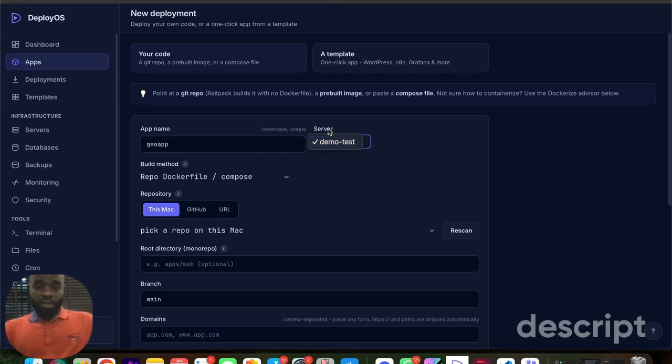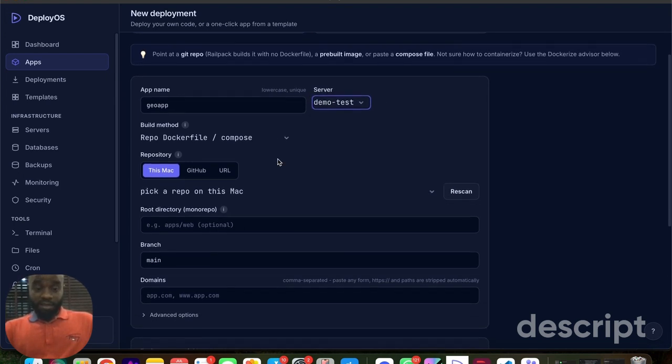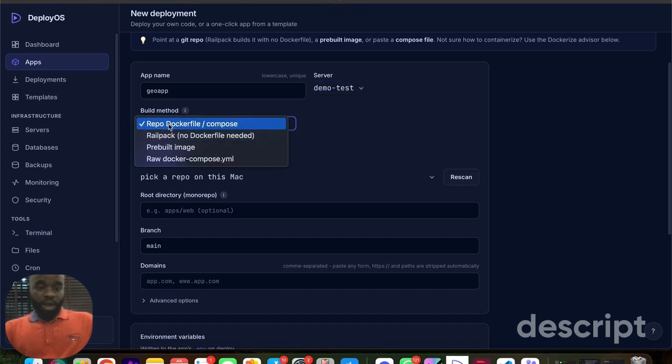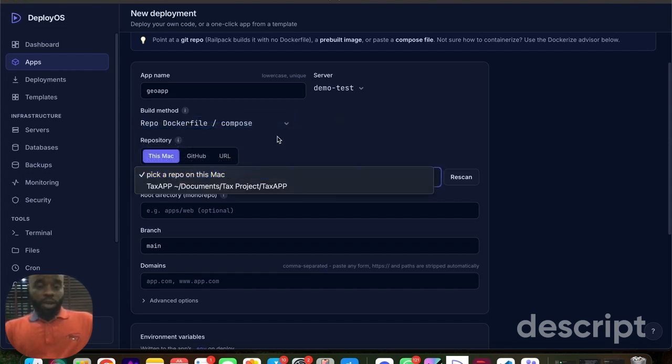If I have more than one server here, you can select this drop down to select the server that you want. Now you can choose the build type. So we have repo or the Docker file compose, the real pack or pre-built image or any of that. So I'm going to install it using Docker. You can connect